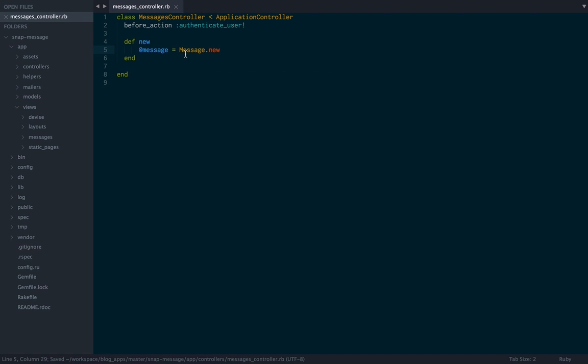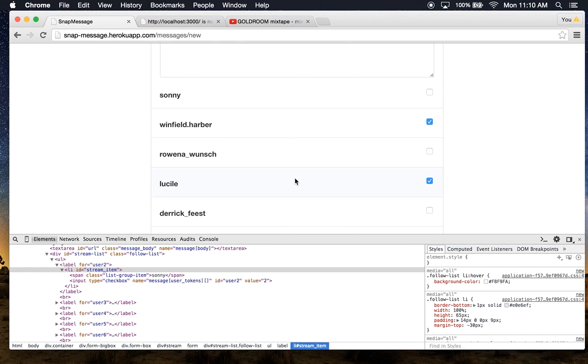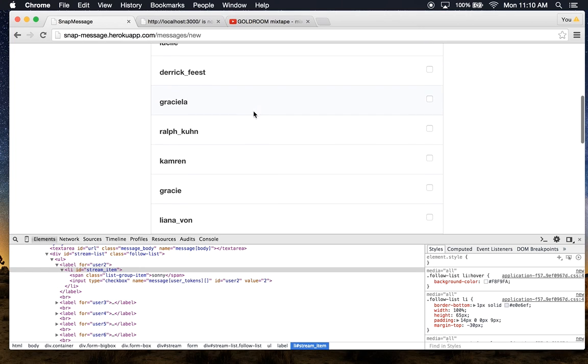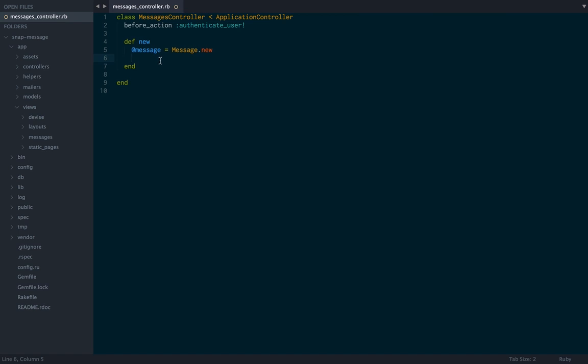And that's going to make it so we can create the new message form. All right, and then in order to get this list of users right here to show up as well, we're just going to do User.all. And these are all of the recipients you have to choose from. So I'll do @recipients equals User.all. All right, now that new page is done,